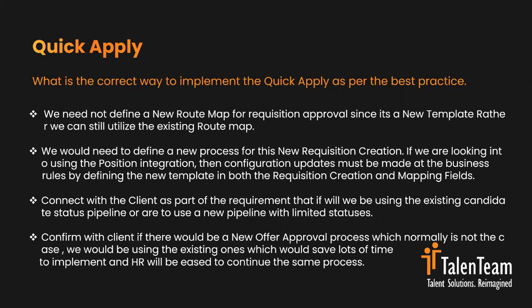But so far, what we have seen through the client's experiences is that everybody just used the existing route map. So this would again be a decision from the workshop session. And then the next part is how we define the process of this new requisition creation, correct? If this requisition creation is done from the RCM end by creating the new one from the blank template, it shouldn't be an issue. But if we have a position enabled Employee Central integrated system, then